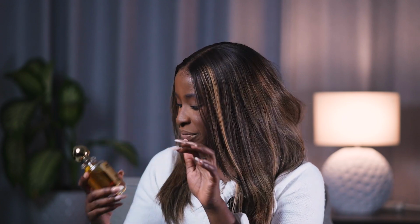Okay, so last but not least, this fragrance was gifted to me for my birthday, so I didn't actually purchase this fragrance, but honestly I've never smelt this one by this brand before, and I'm actually surprised that somebody could gift me a fragrance that I haven't smelt before, and that I would have literally picked out for myself. So this is called